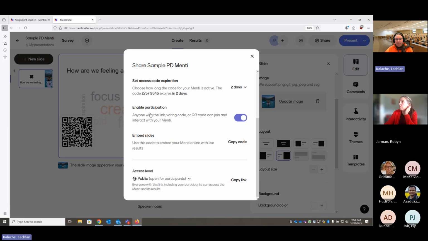By default, participation is turned on, which means that people can join this, but if you wanted to set this as private and not to be able to be used currently, you could turn off participation. Then we also get the ability to embed the slides. So this is important for those of you who want to put Mentis into your subjects. So I'm going to click on this copy code,